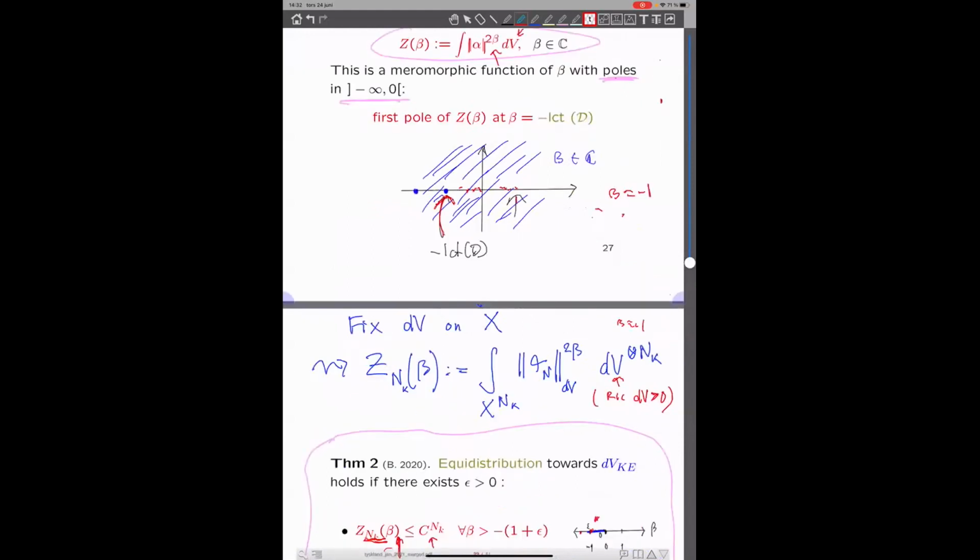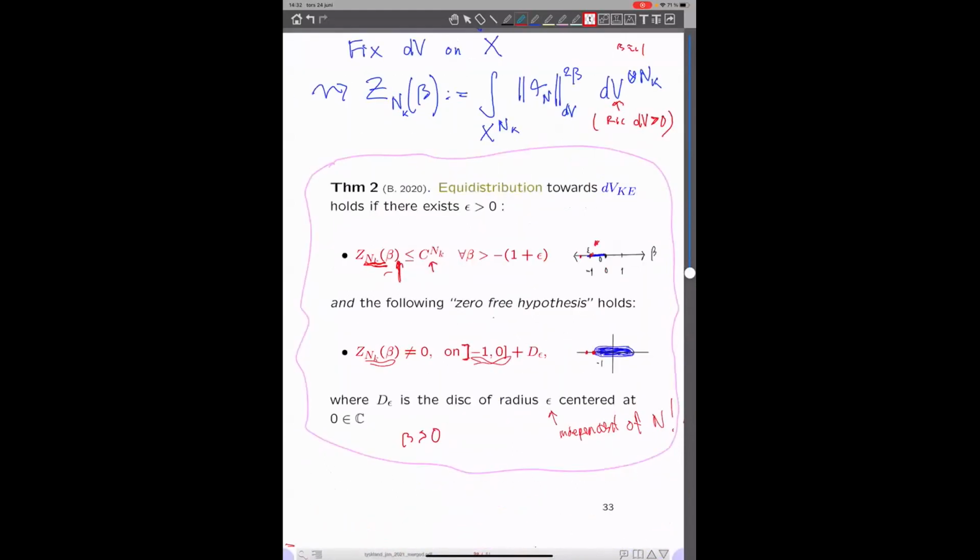Okay, right. So you see, I fix some volume form on X, just some auxiliary volume form. Then I can form this beta function using some deduced norms. So alpha n is the kth root of this determinant thing. And you remember, I need to set beta equal to -1. So now here's my theorem, that I get equidistribution towards the Kähler-Einstein volume form if